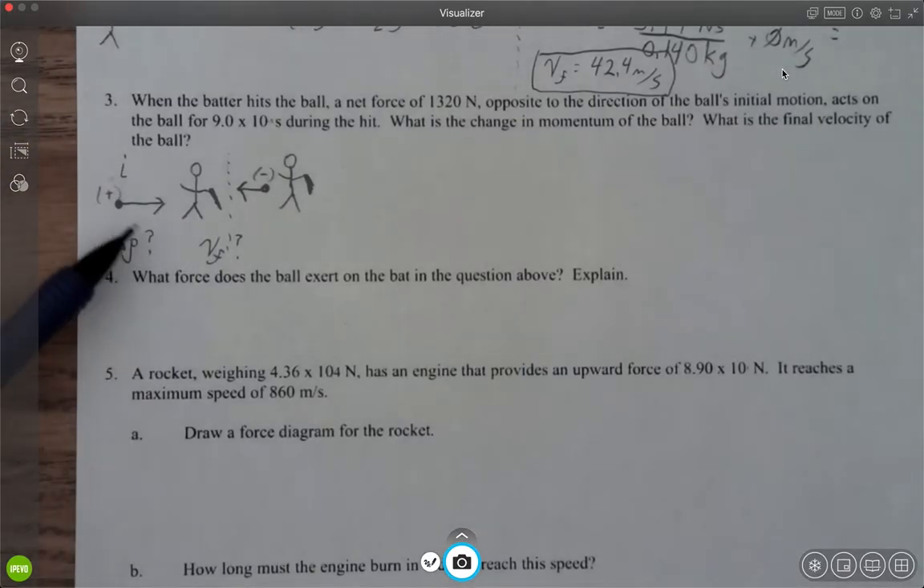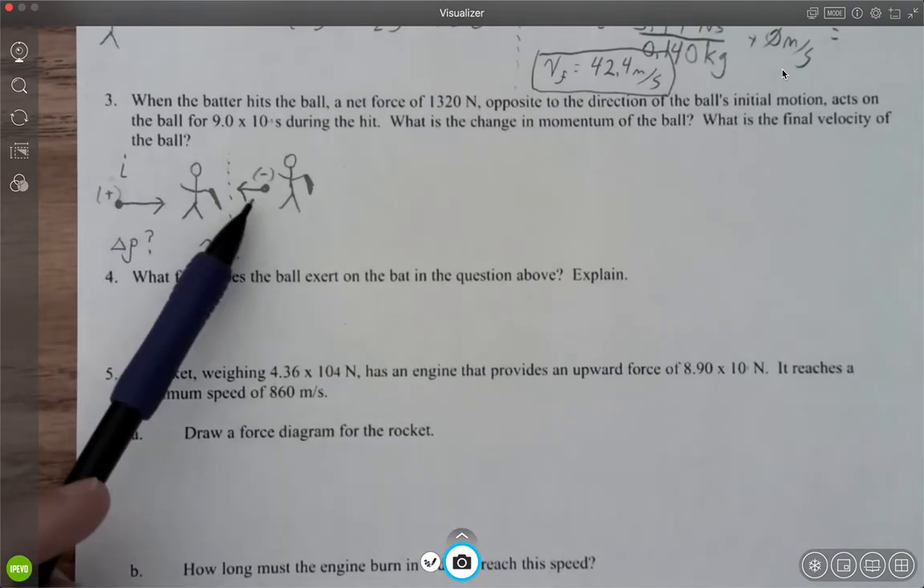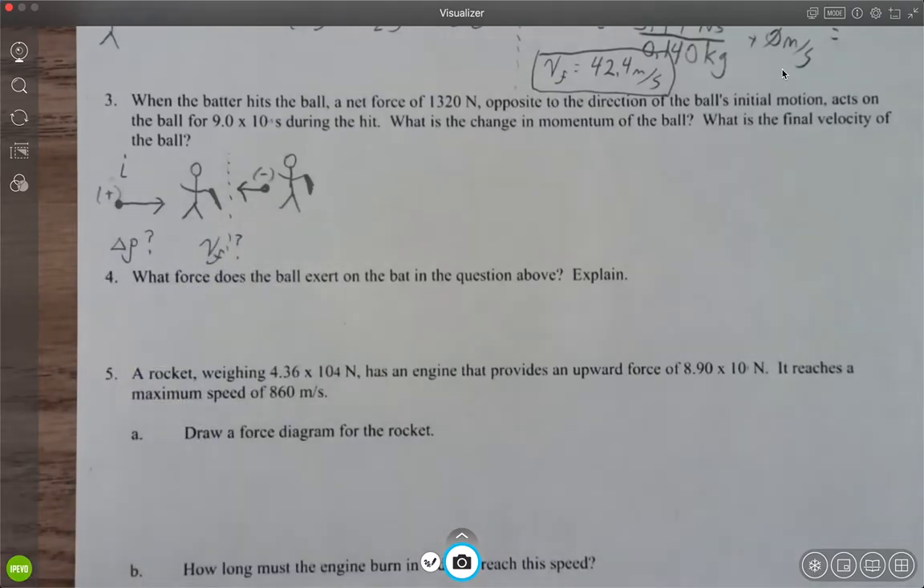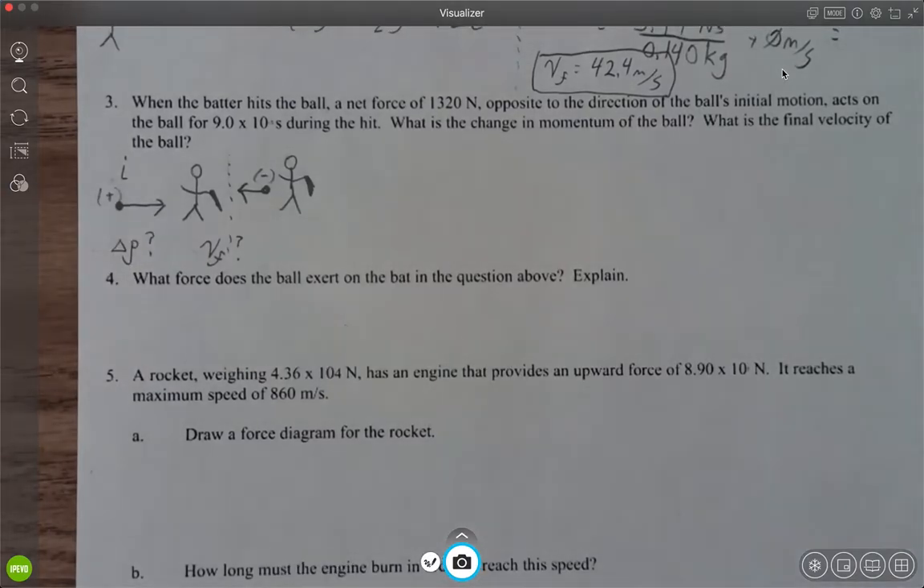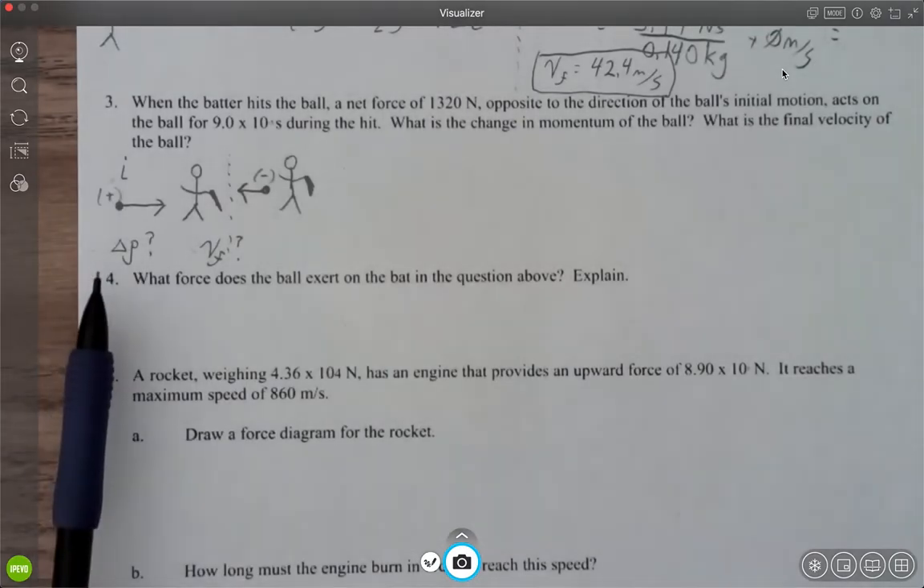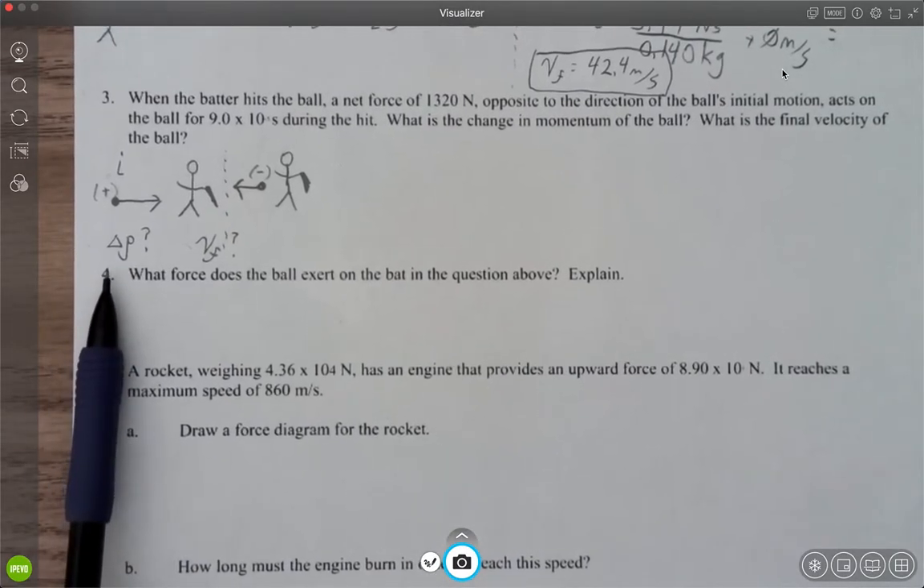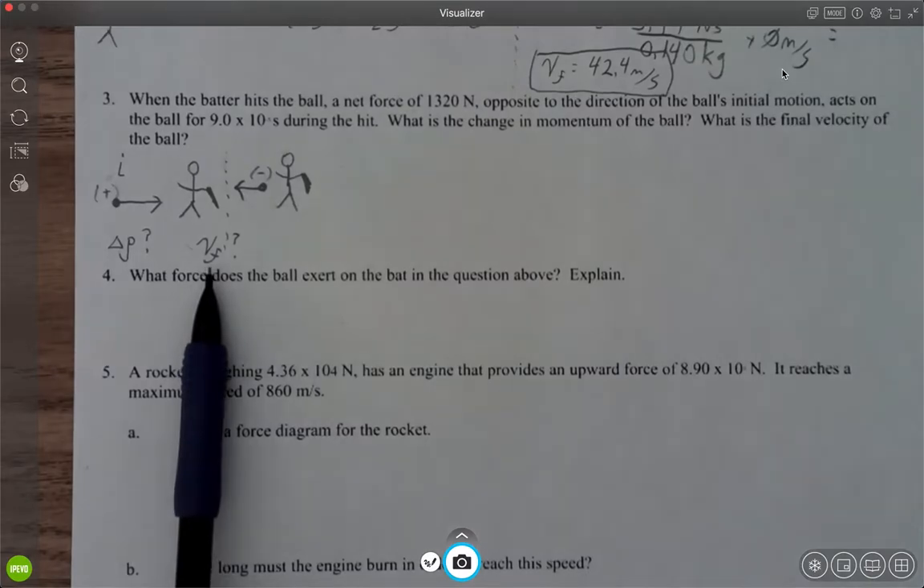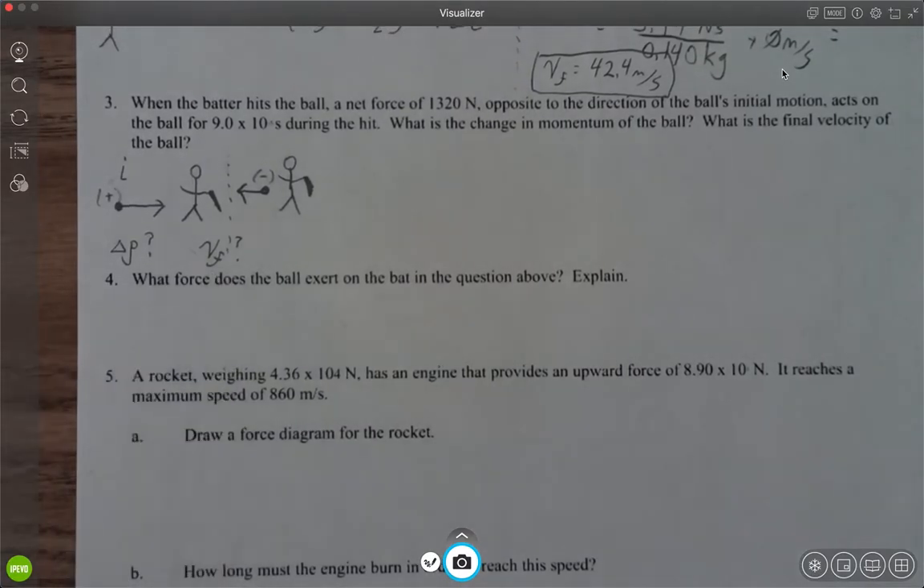So we know the baseball is moving to the right initially and to the left finally. It's going in the opposite direction. And we're being asked about this change in momentum and that final velocity. So we're going to use the same principle that we had in number 1 of calculating that change in momentum. And then we're going to use the same steps that we did for number 2 to calculate this final